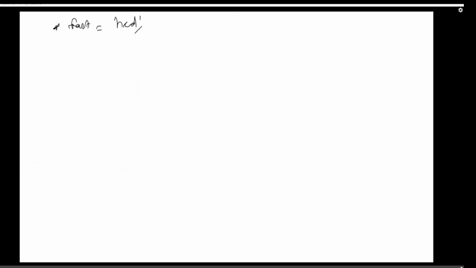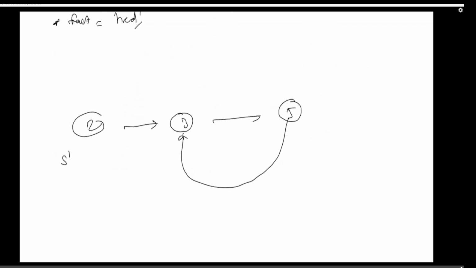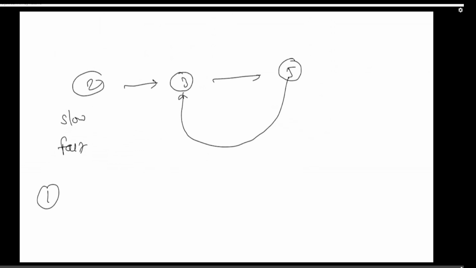Okay, so let's try to understand with a different example. 2, 3, 5, and then again 3. So we need to find whether we are able to find a cycle in this or not. This is the slow pointer and this is the fast pointer. In the first iteration, what it will be doing,